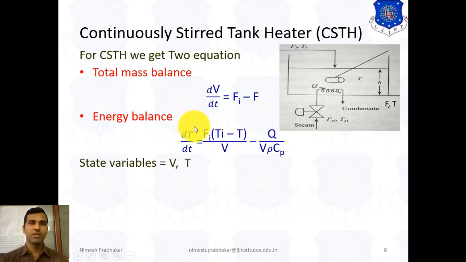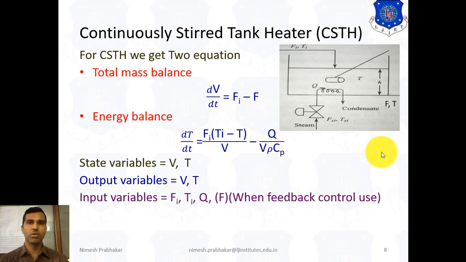And as we discussed, the state variable always comes inside the accumulation term. So this is V and this is T. We can also write this equation in terms of the height and area. At that time the state variable is the height inside this tank, H, but we can also write it in terms of V. So here we consider V. Okay, now the second question is the output variable. Here the output variables are also V and T. Now the input variables. Here the input variables are Fi, Ti, Q, and also we consider F as an input variable